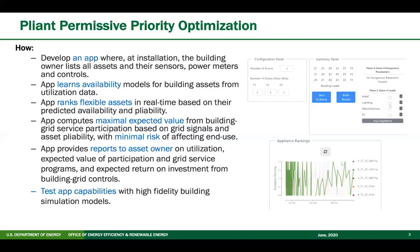Based on that selection from the user, the application would collect data from those selected assets, create models that represent how those assets are normally utilized in the day-to-day activity that takes place in the building, and analyze how those assets are utilized. It would also analyze how those assets may or may not be flexible at different times of the day, the week, the month. That flexibility would be evaluated, and the assets considered for evaluation would be ranked with respect to their flexibility to provide different